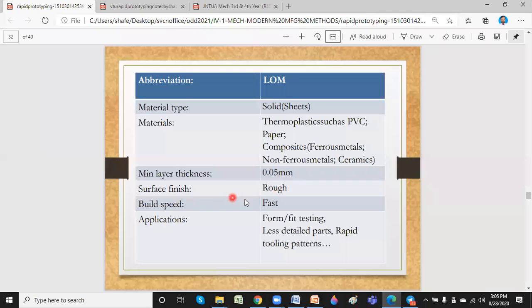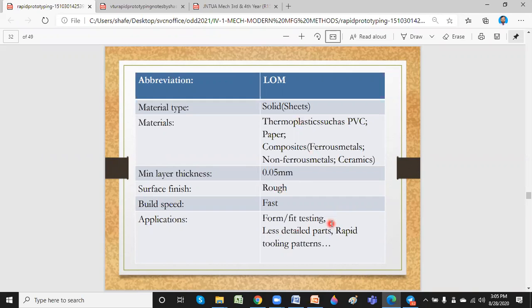Obviously, the finish you are going to produce is rough, and it is a very fast method because you have rollers which supply the material, and lamination is done at a very fast rate, and rapid tooling patterns etc. can be easily produced. When you require a faster rate, you can go for your LOM process.